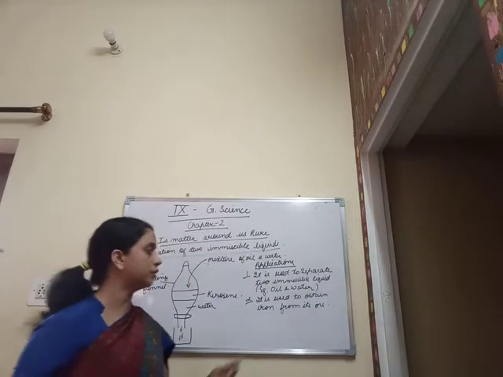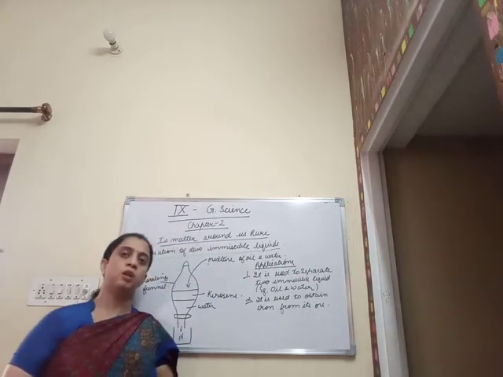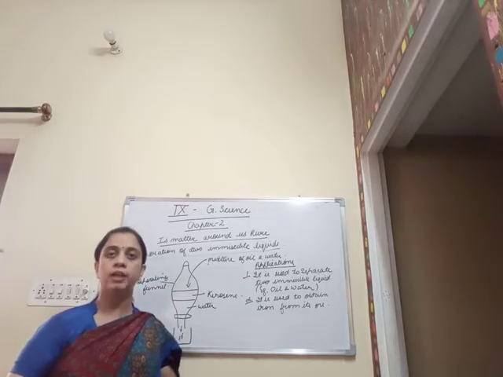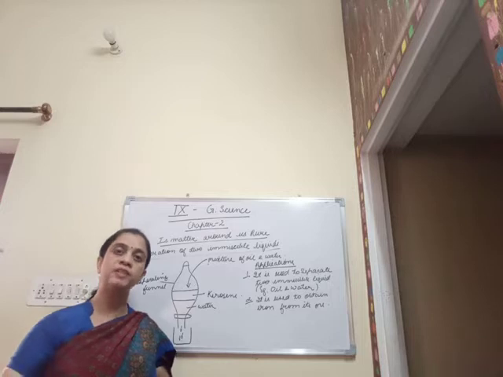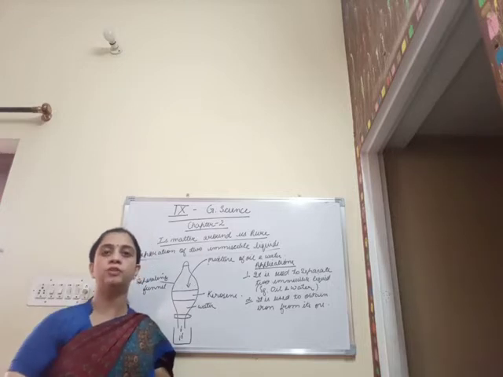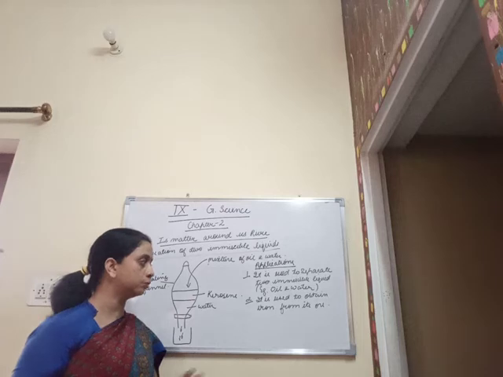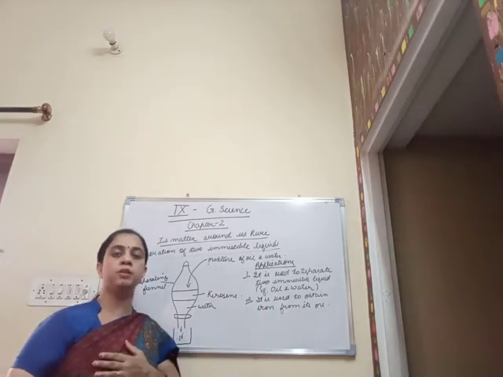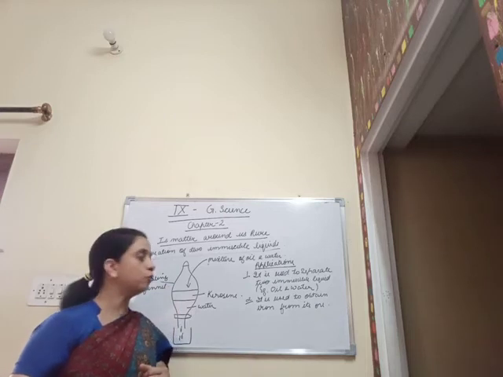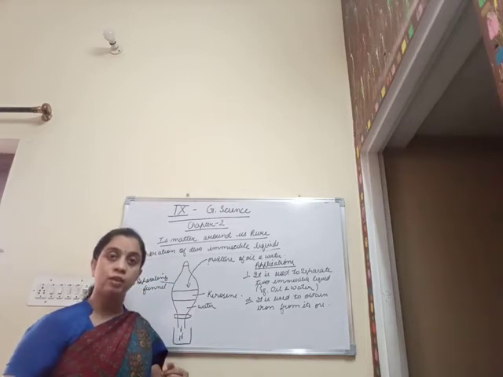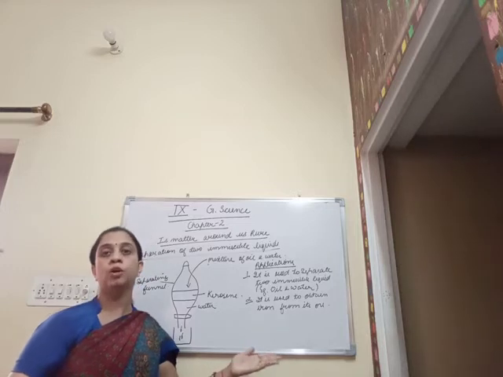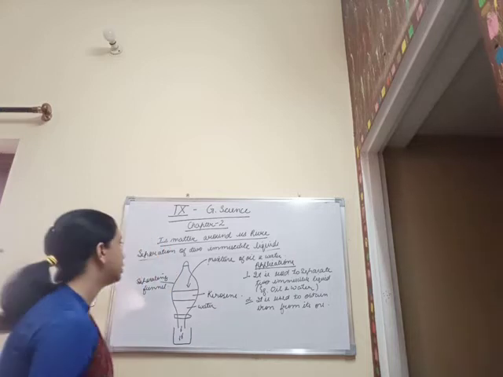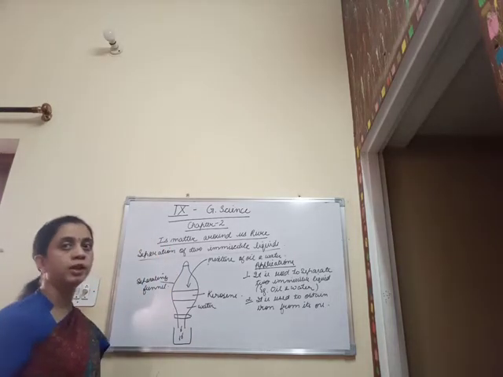Now when we say that it is used to obtain iron from its ore, this ore is first allowed to melt. Then we see that certain impurities in the form of slag come up on the surface of the molten iron. By various separation techniques, we remove the slag, that is the impurities, and then we obtain the molten pure iron metal. So this is how we separate two immiscible liquids.